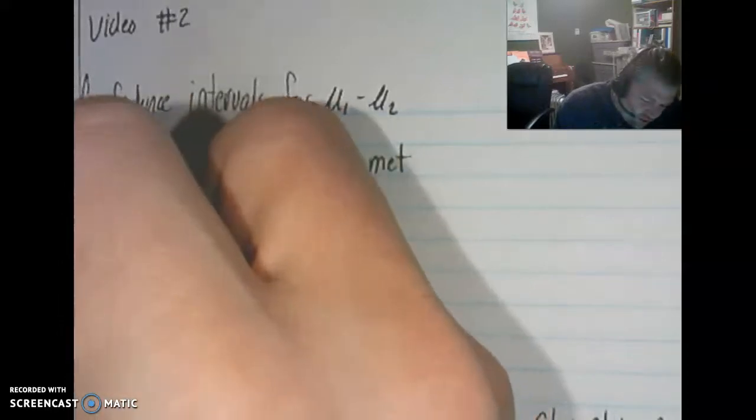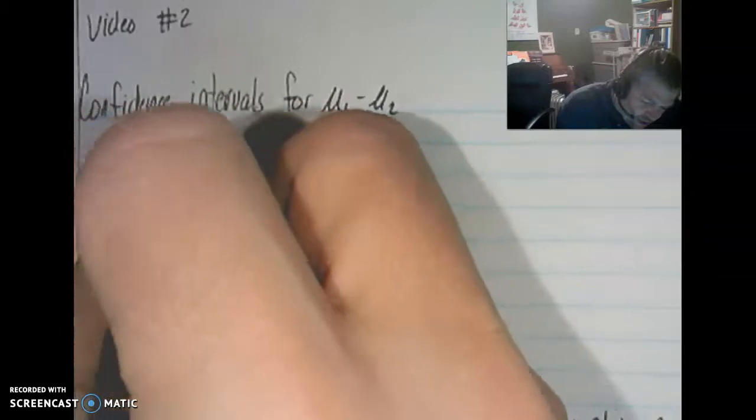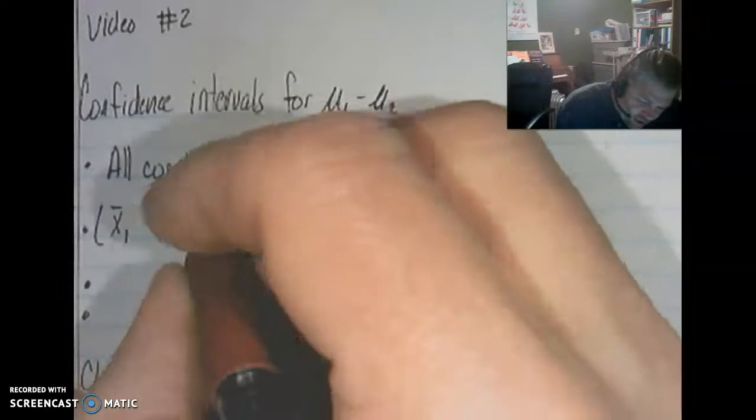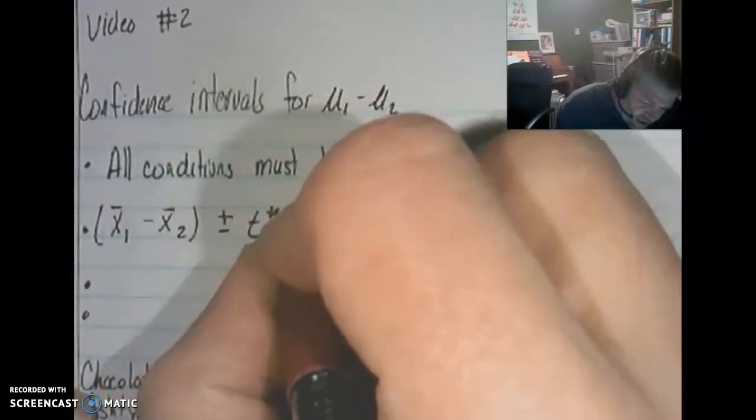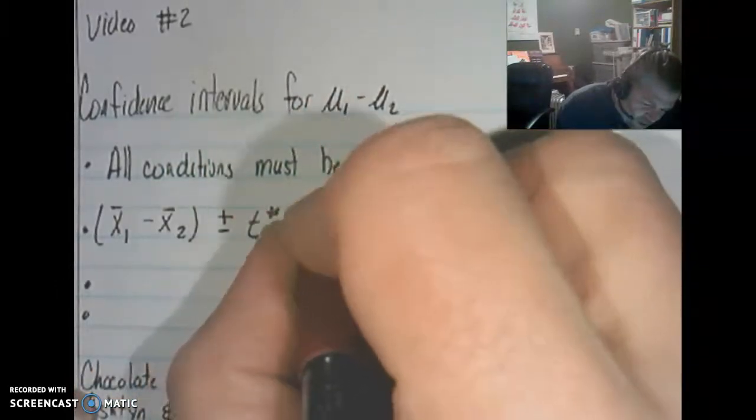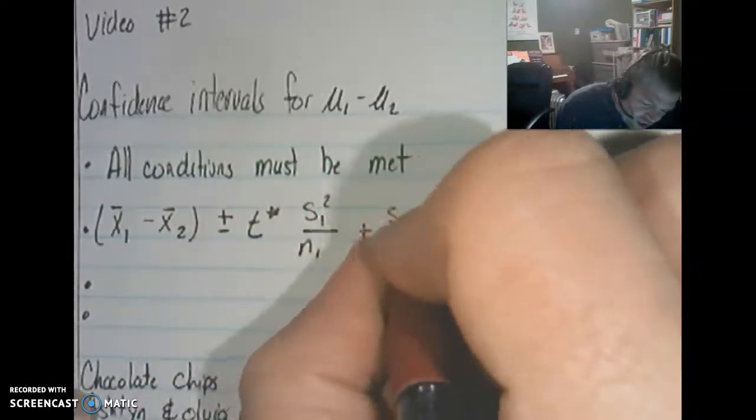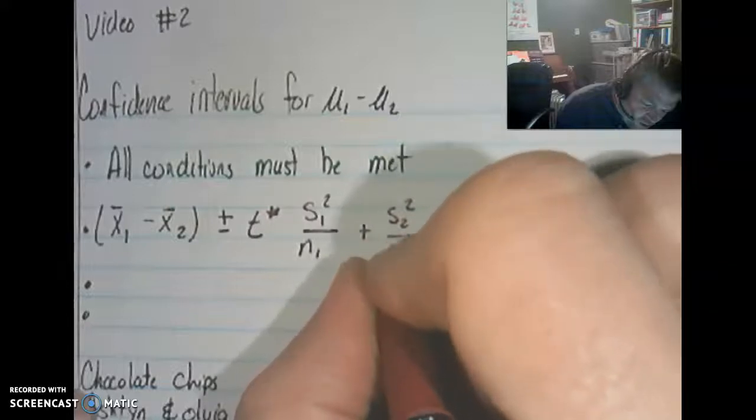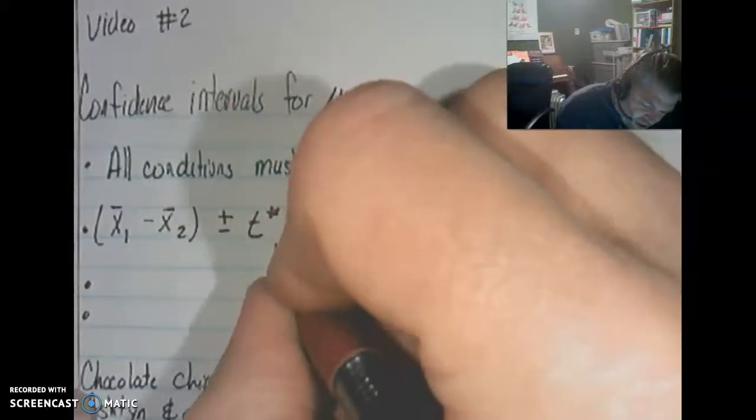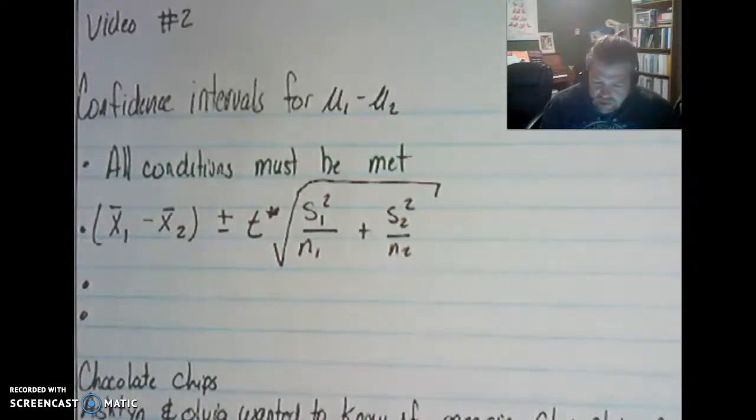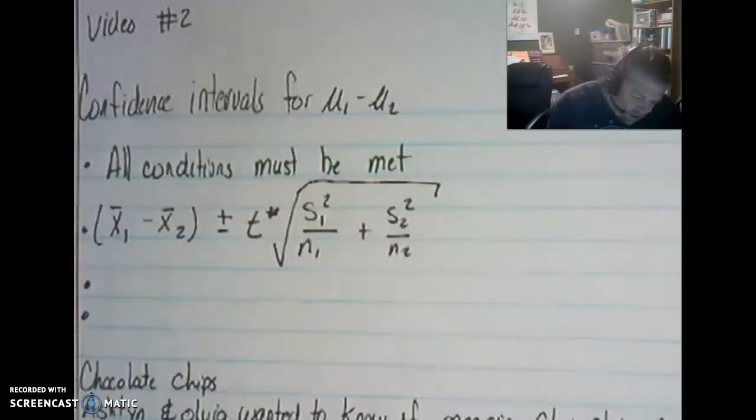Okay, so our confidence interval is x bar 1 minus x bar 2, in parentheses, plus or minus our t statistic times the square root of s1 squared over n1 plus s2 squared over n2. And then our degrees of freedom,